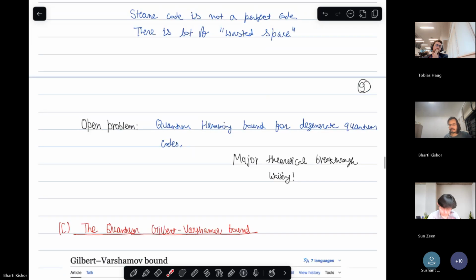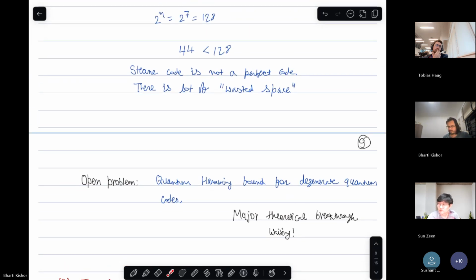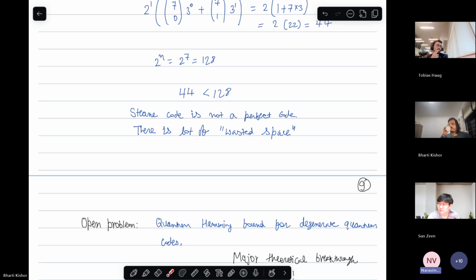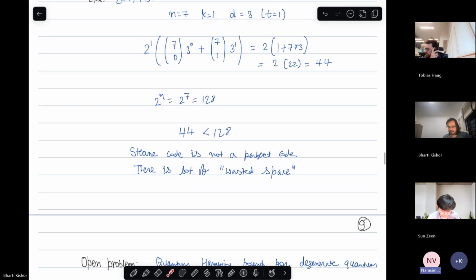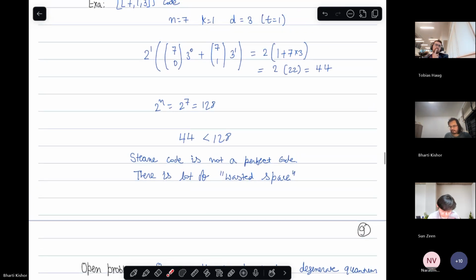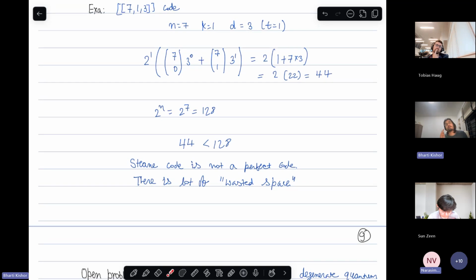I have a question. So you're saying there could be a tighter bound, but even the seemingly loose bound we haven't proved yet, right? To my understanding, we haven't found a violation. We don't know of a violation, but we also haven't proved that just the basic Hamming bound applies universally to degenerate codes. It will apply to degenerate codes, right? It will, because